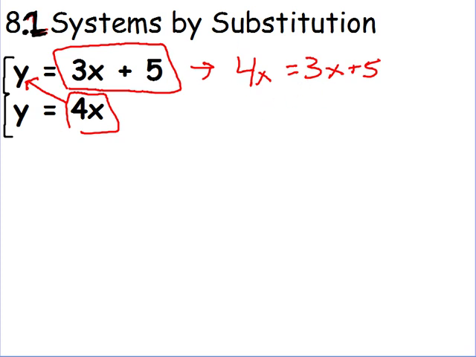Now I have an equation that I can solve, because now I can just solve for x. If you notice, I only have one variable now. I eliminated that y. The y is gone. And now I can solve